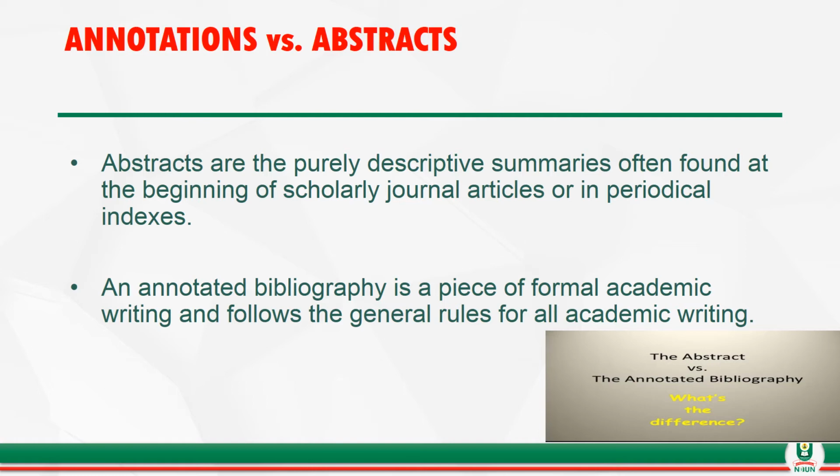Abstracts are purely descriptive summaries, often found at the beginning of a journal, term paper, or an assignment, while an annotated bibliography is a piece of formal academic writing which follows certain rules which are regarded as general rules for all academic writing. And these general rules are: